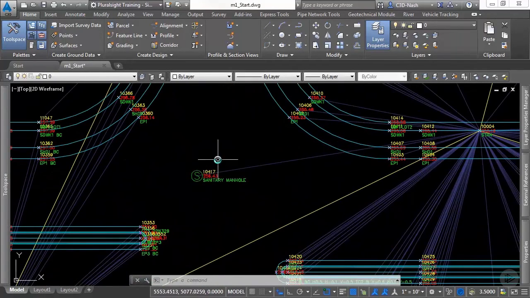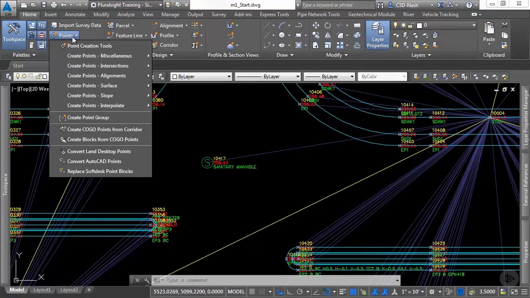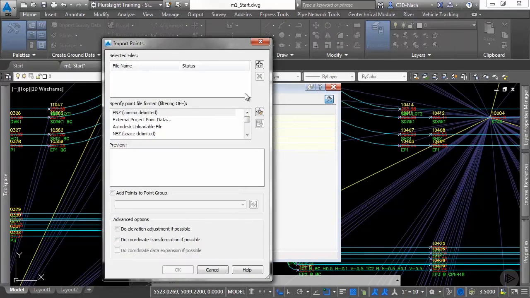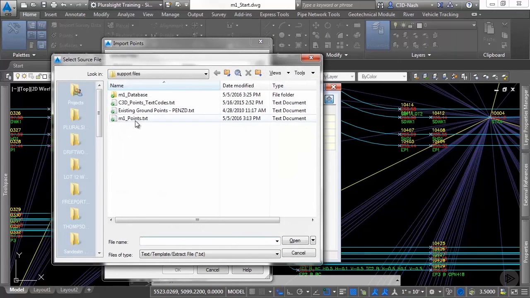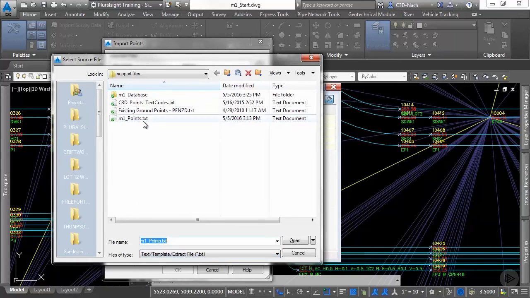Now we're going to import that same survey data once again just using the manual point import tool. So we're going to go to Points and Point Creation Tools, and we'll use this Import Points tool here. And we'll select a file called m1points.txt. Be sure to change the file type in the bottom if you need to do so, and import the M1